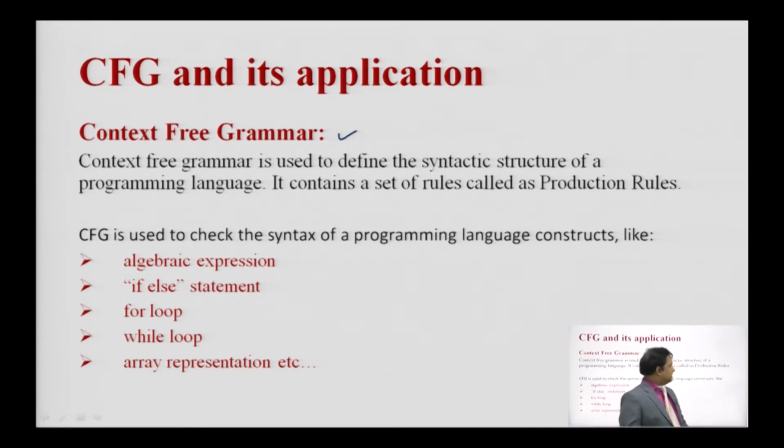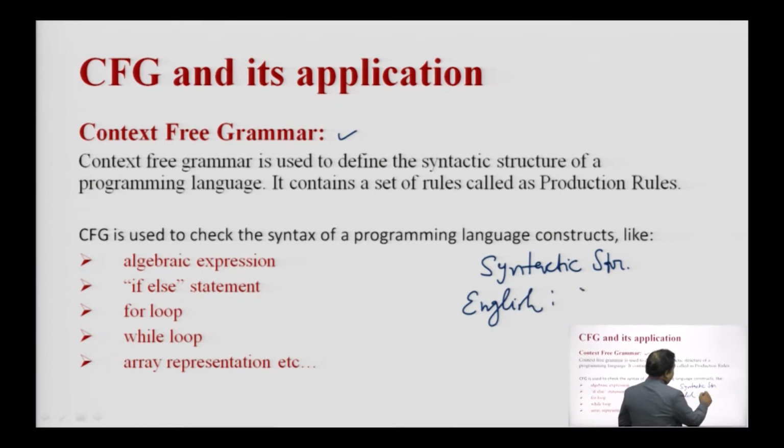When I call it the syntactic structure, what does it mean? Suppose in the English language I write "I am going." followed by the full stop.